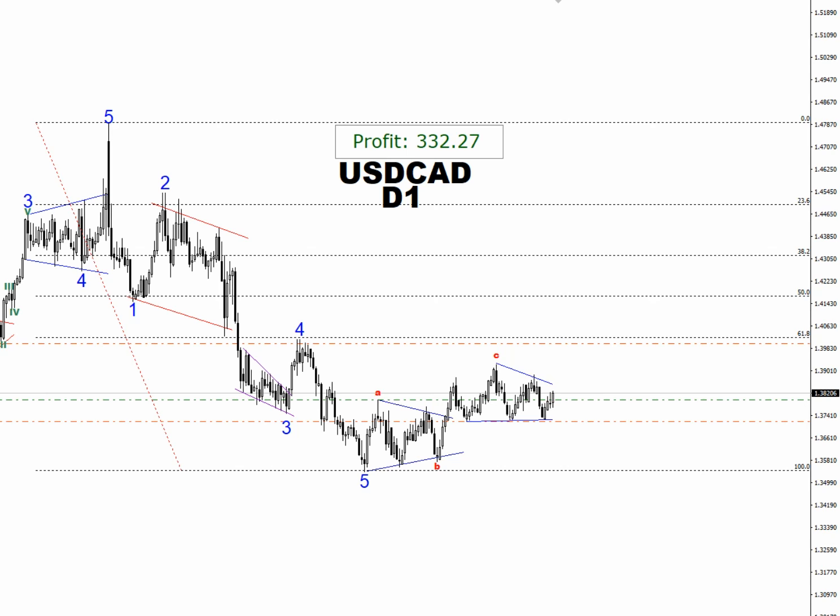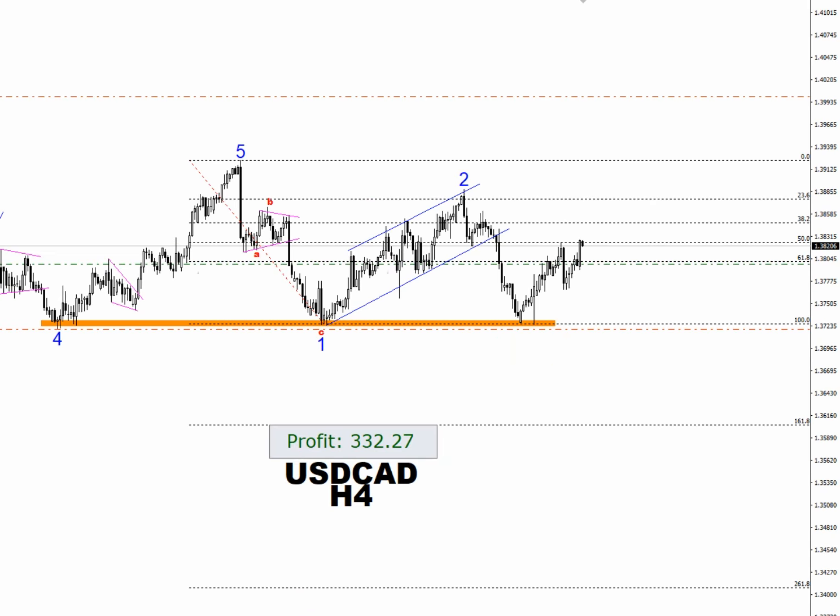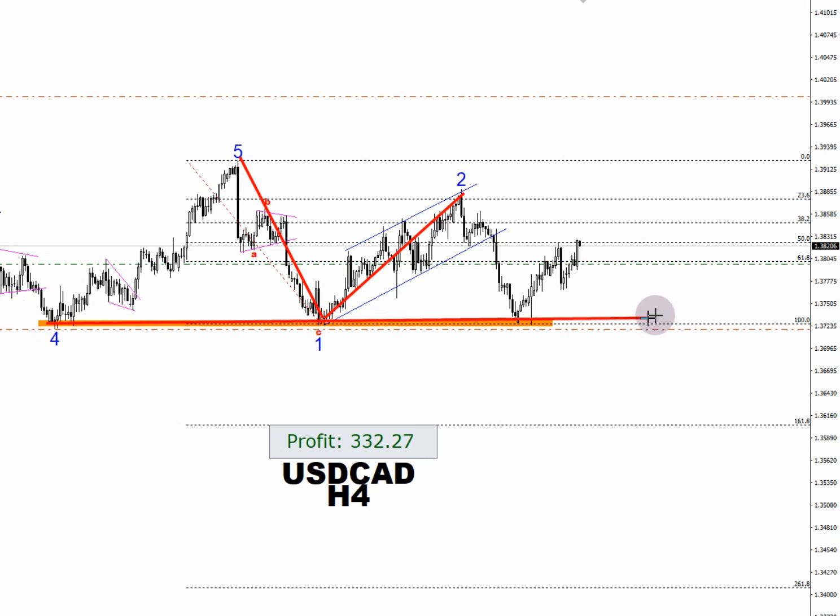Next, let's look at the 4-hour time frame for the Canadian dollar. In this scenario, there was a clear formation of one distinct impulse and two notable corrections. Next, we have this significant level from which we experienced the first bounce, followed by the second bounce, and then the third bounce, indicating strong support.